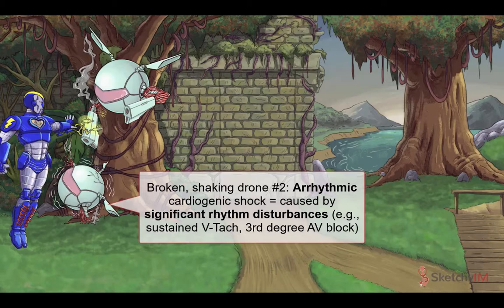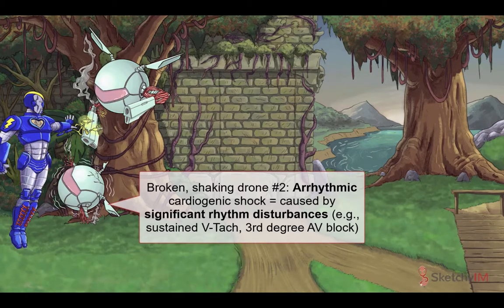Arrhythmic cardiogenic shock is represented by the second defeated drone writhing and shaking after being terminated by Cardio Man's hand missiles. Typically, the arrhythmias that are significant enough to cause cardiogenic shock include third-degree AV block or sustained ventricular arrhythmias like VTAC. Bottom line, these arrhythmias have to be pretty severe to produce enough of a drop in cardiac output